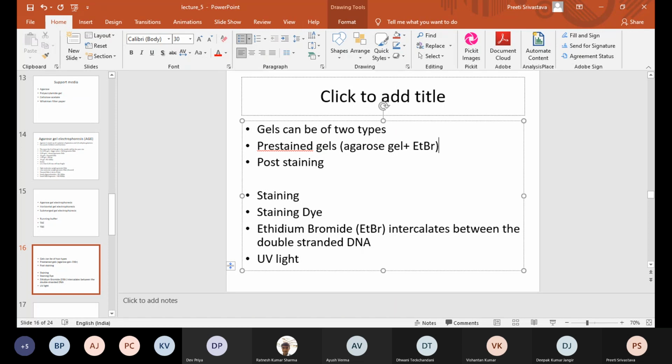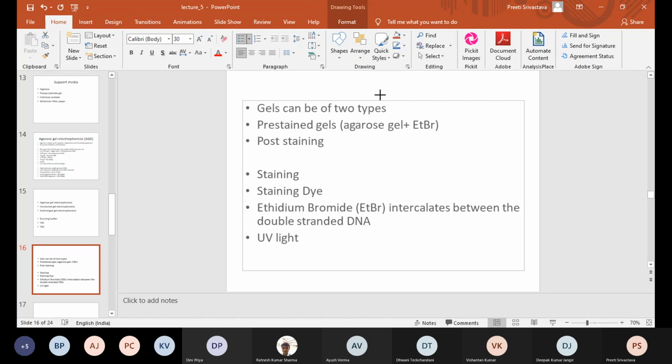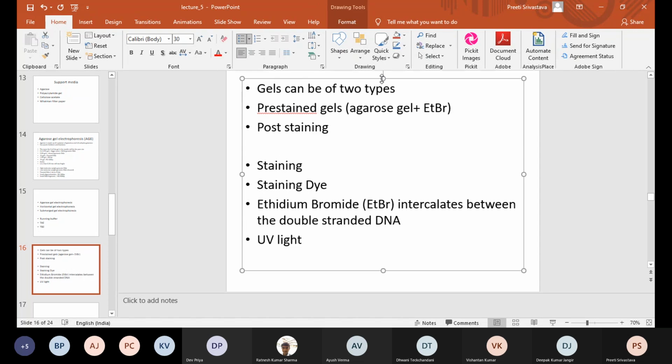Ma'am, what if we don't use ethidium bromide? DNA also absorbs UV light. No. The question is, when we run it on a gel, then you cannot observe it. There is a concentration limit, so let me give you this also. DNA up to 40 nanograms or more is visible on a gel. If the concentration is less than 40 nanograms, the DNA will not be visible on the gel.